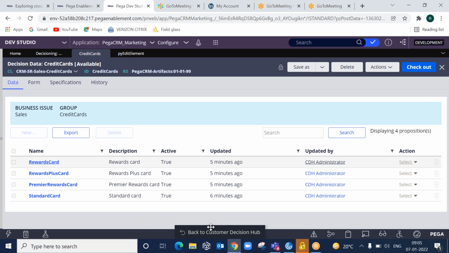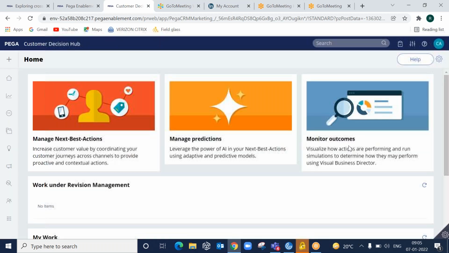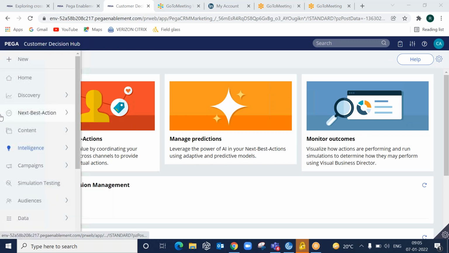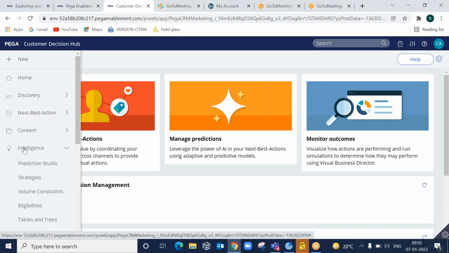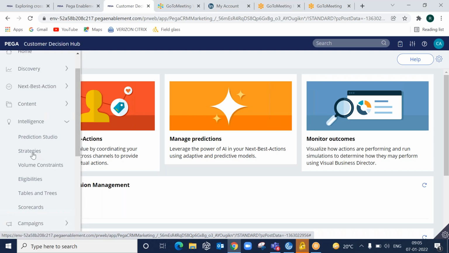I will go to the CDH portal, customer decision hub, and go to the strategies. In order to create strategies, there are two ways. As I told you in the first session itself, within the Dev Studio you can create all the decisioning related rules.